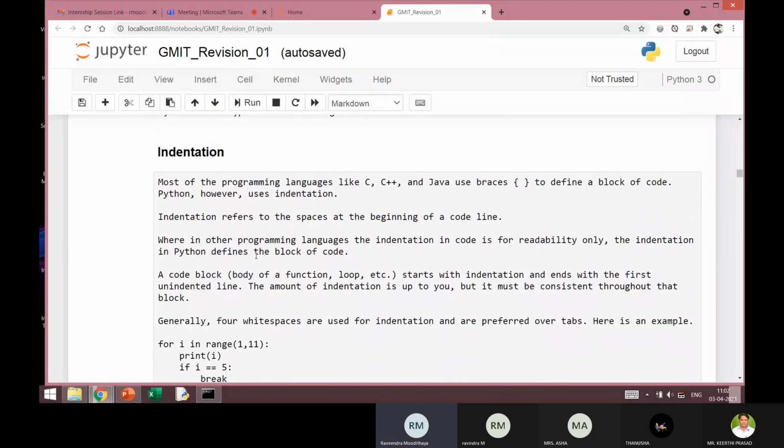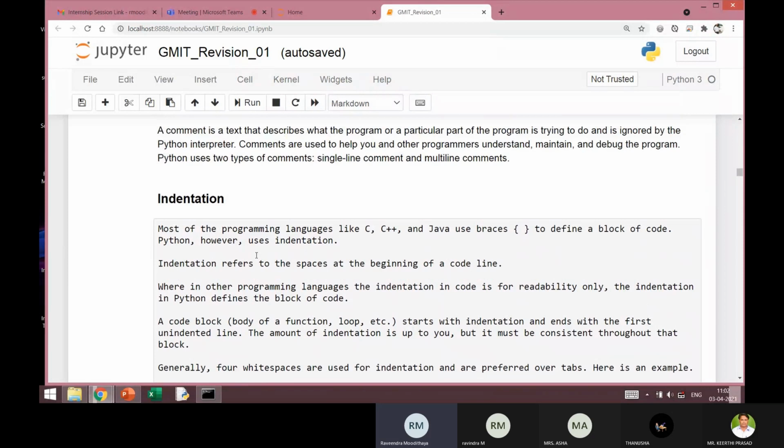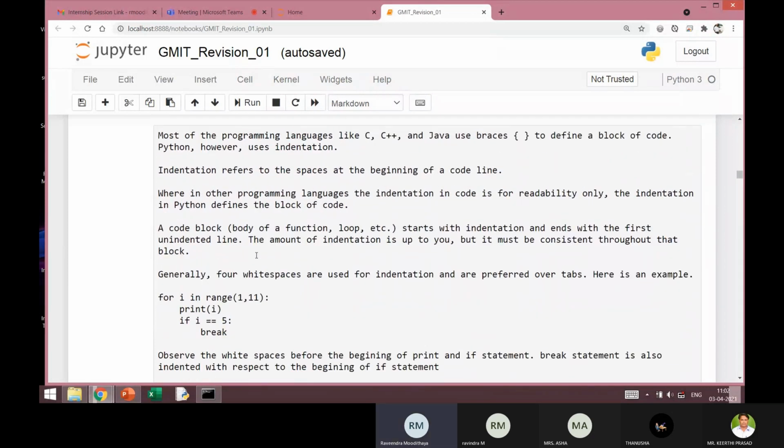Now another very important aspect is indentation. In C or C++, we use curly braces to indicate the block of code. For example, if there is a for loop or a while loop in C or C++, we use curly braces to include all the code inside that block.